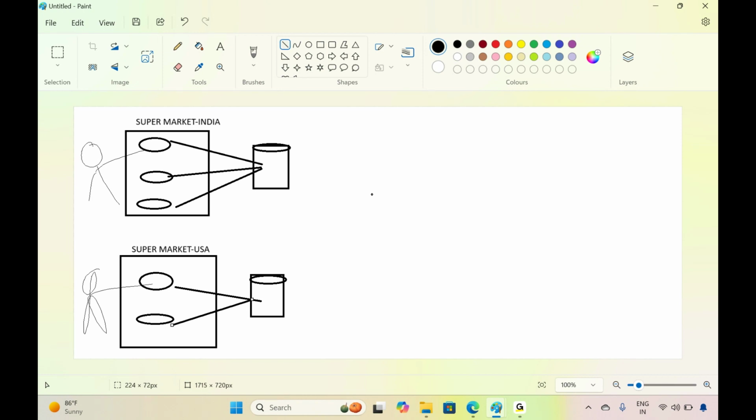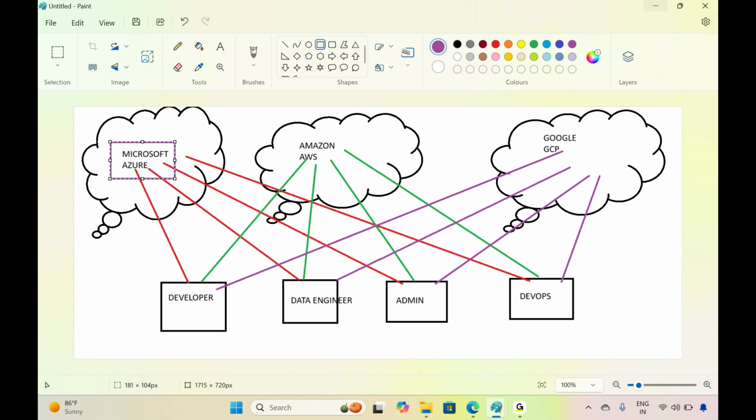So what will a developer do? He is going to develop the application, the billing software application. In the supermarket, at the billing counter, there is billing software. Who will develop this billing software? The billing developer. A developer is going to develop applications, mostly web applications.